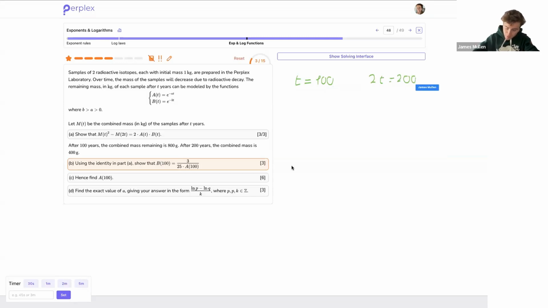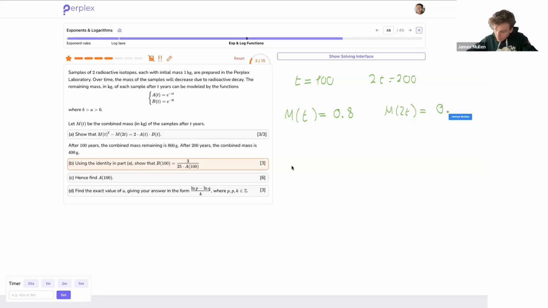All right, and that actually lines up, you see, with the 100 and 200 that I have here in the question. And then the question is telling me that the combined mass at 100, which I said was t, m of t is equal to 800 grams, which is 0.8 kilograms,